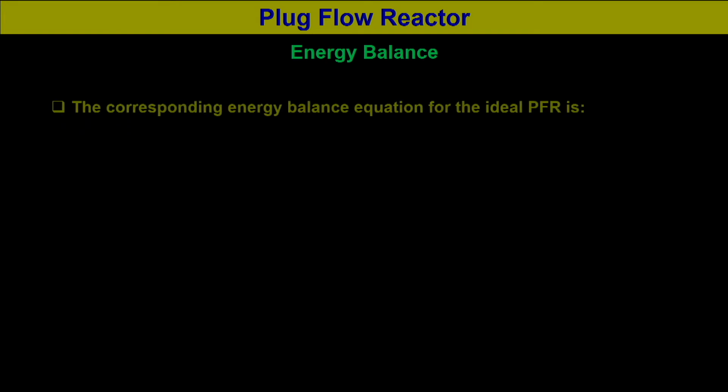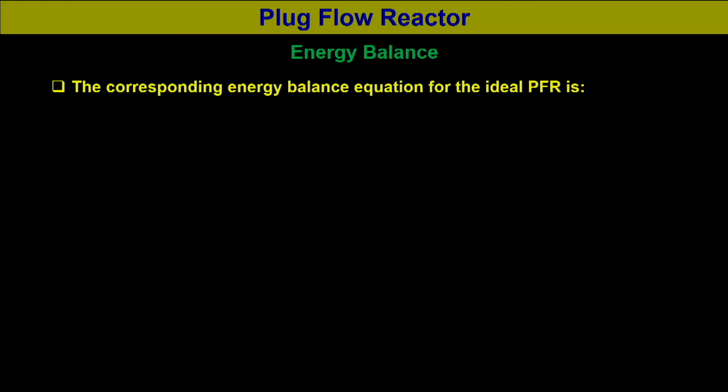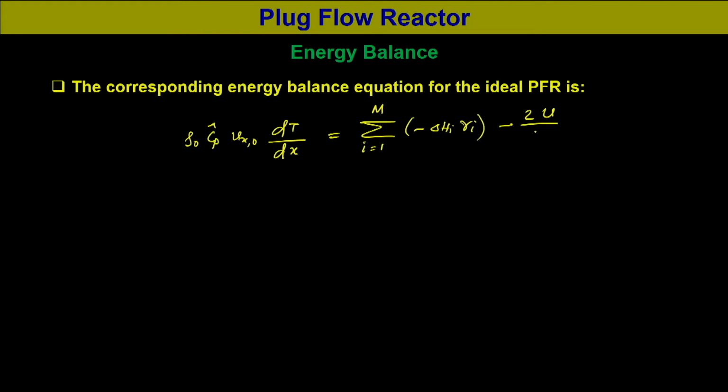Now, we can write the corresponding energy balance equation for the ideal PFR as rho naught Cp Vx naught dT by dx is equal to summation over i equal to 1 to m of minus delta H i R i minus 2U by Rt into T minus Tc. So, here Rt is the tube radius,